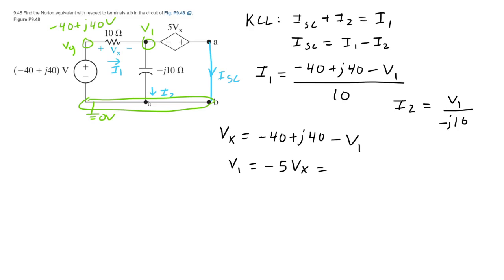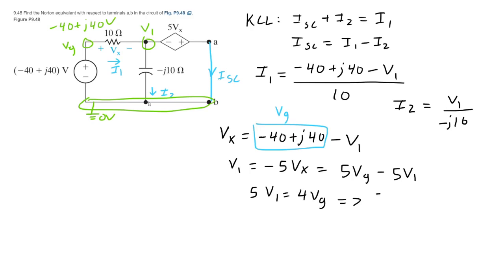It's going to be minus 5 times Vx, so that's going to be 5 Vg minus 5 V1. And remember that this is Vg. I'm just doing it symbolically to make it a little bit more clear what's happening, and also so I don't make a mistake. So 5V1 is going to equal 4 Vg, which means that 5/4 of Vg is equal to V1,